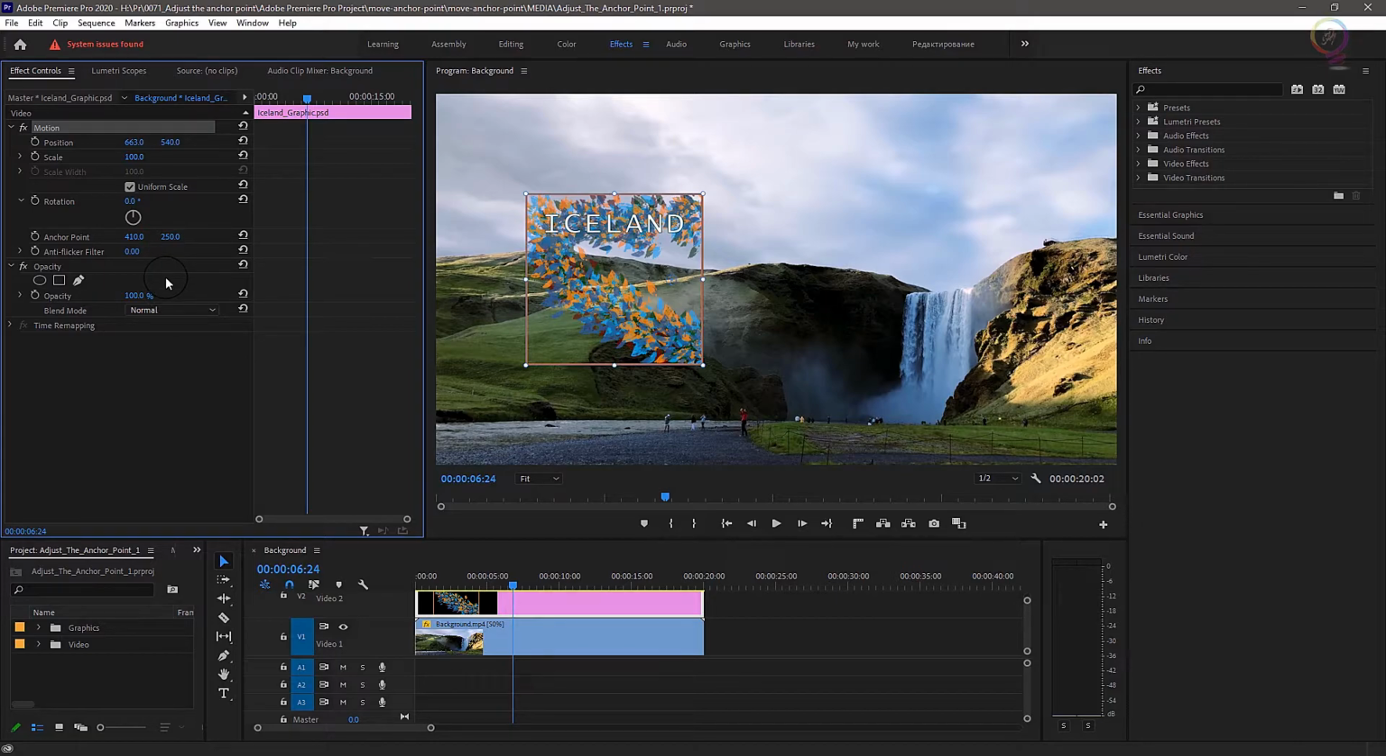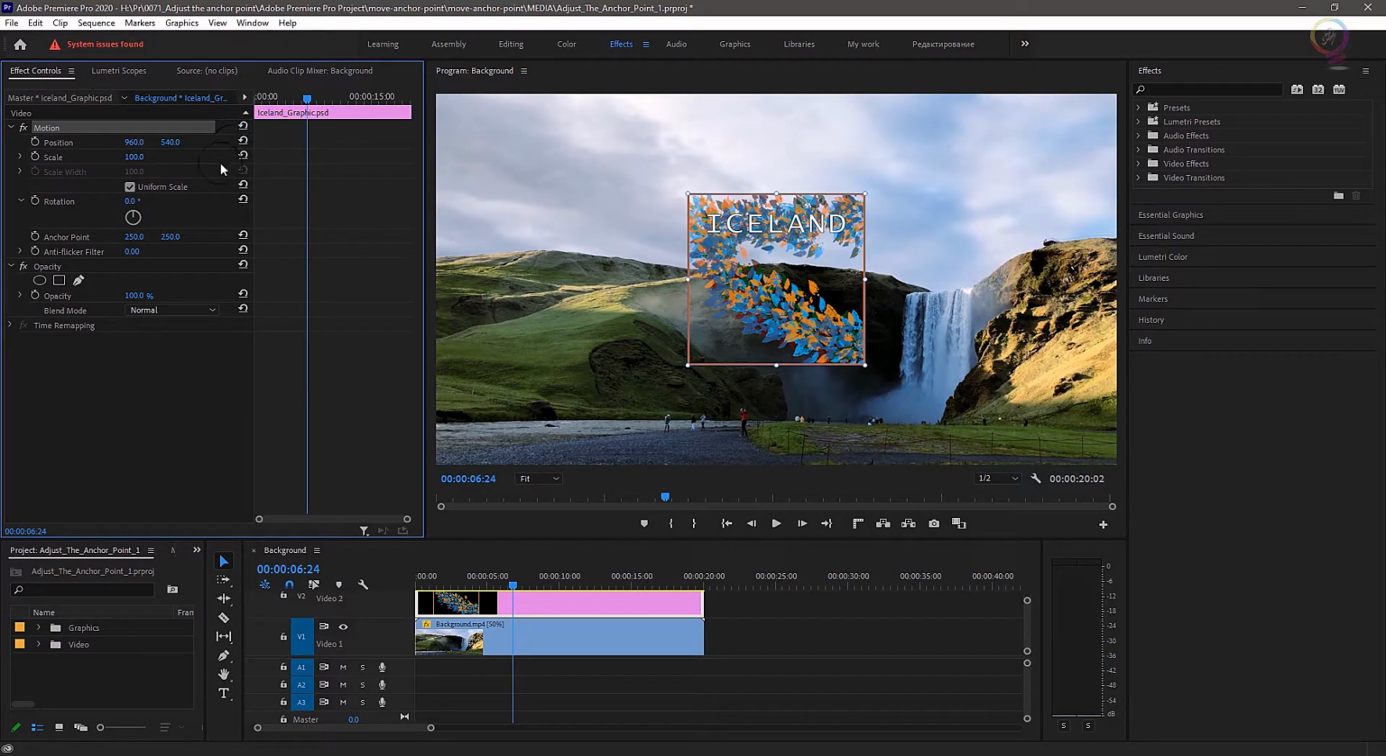So a bigger number actually moves it further over to the right, which means the item itself moves further to the left. This is one of those things that's a little bit easier to understand by clicking and dragging yourself and seeing the results. Again, I'm going to reset the entire motion effect so that we've got our original position